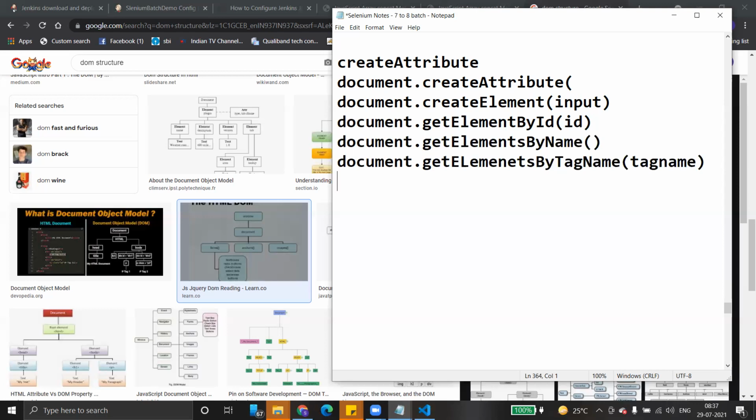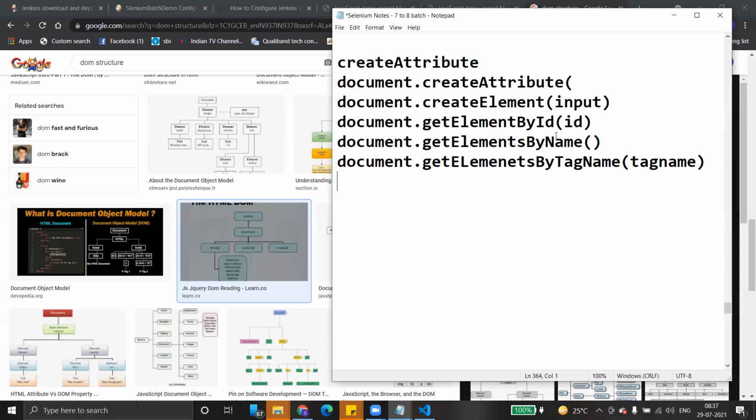We use these methods to manipulate our document or page. It is very easy to manipulate document elements using the DOM standard. DOM means Document Object Model, a standard provided by W3C. Any one of these methods can be used: getElementById, getElementsByName, getElementsByTagName.